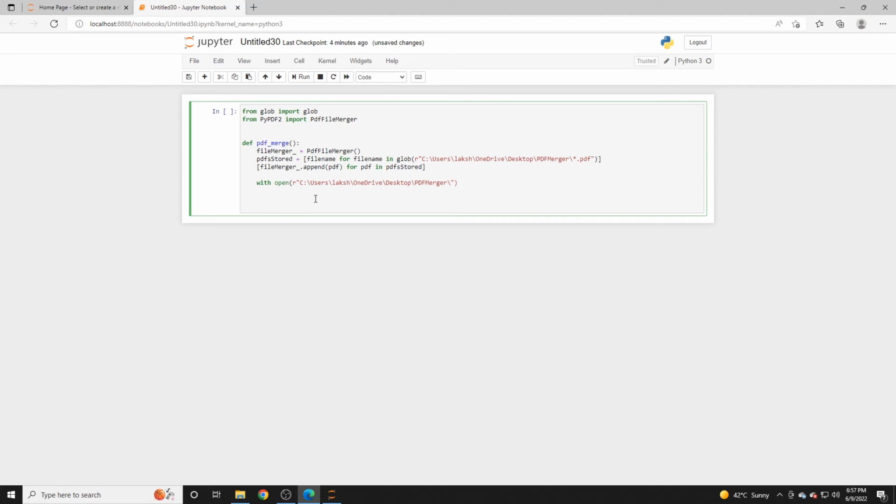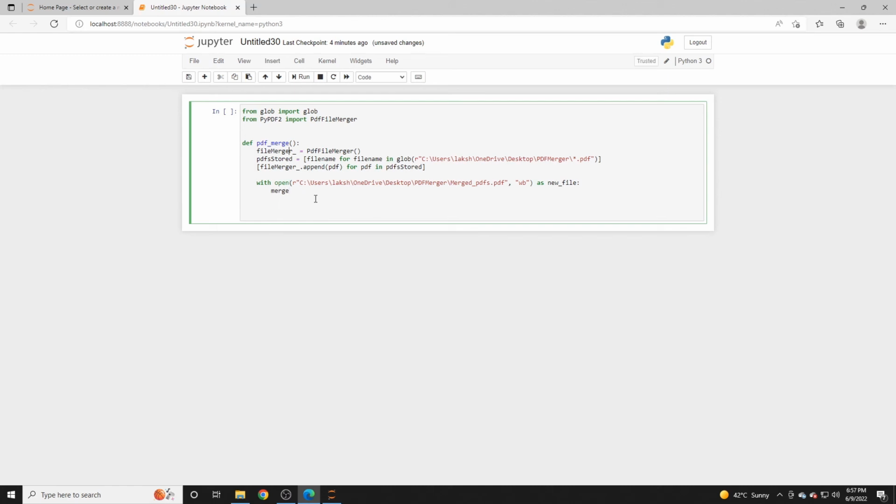Now what is going to happen? We have to name the file which would be given to us as an output, where all these PDFs will be merged. So we'll call it merged PDFs dot PDF, right? We would need write permissions as well, which is write, and what we would want is a new file that would work. And then we have to say merge,